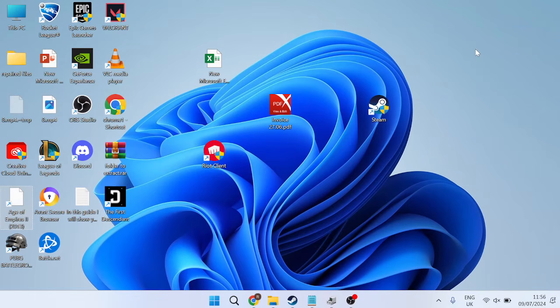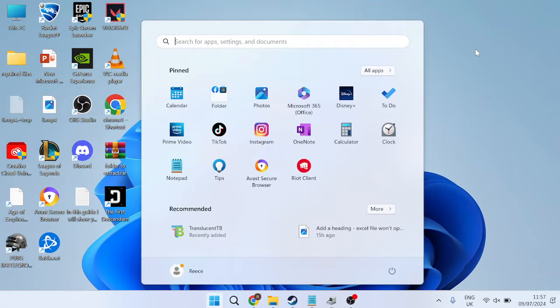In this tutorial, I'll show you how to reduce the CPU temperature on your Windows 11 computer by optimizing some settings and performing a few quick and easy system tweaks. Now, it's important we keep our CPU temperature as low as possible, as when your computer gets too hot, a mechanism will be triggered and the performance on your computer will be lowered to try and regulate the temperature. So in order to maintain maximum performance on our computer, we need to make sure our CPU temperature is kept cool. So let's jump straight into it, and how we do this is first by coming over to the Start